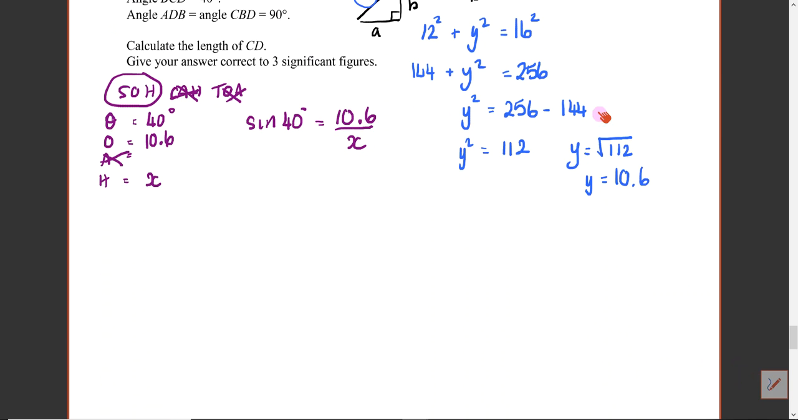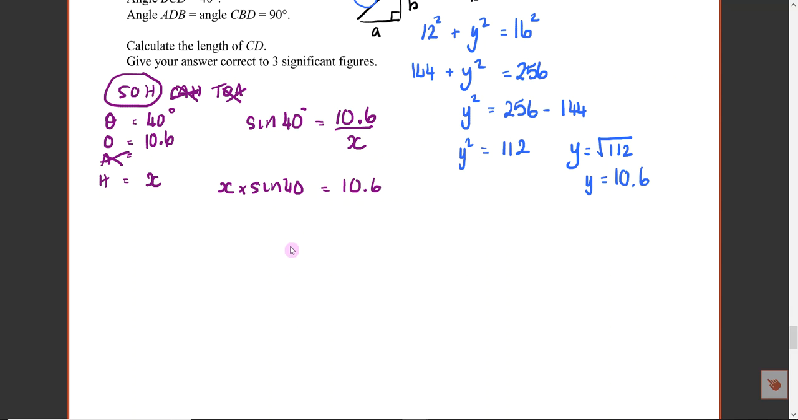Now this is where a lot of my M5s were struggling. When the x is on the bottom of the fraction, multiply by x. So I get x times sine 40 equals 10.6. You said that you could just switch them, yeah, come back to that in a sec. So we've done that, now the next stage is to,